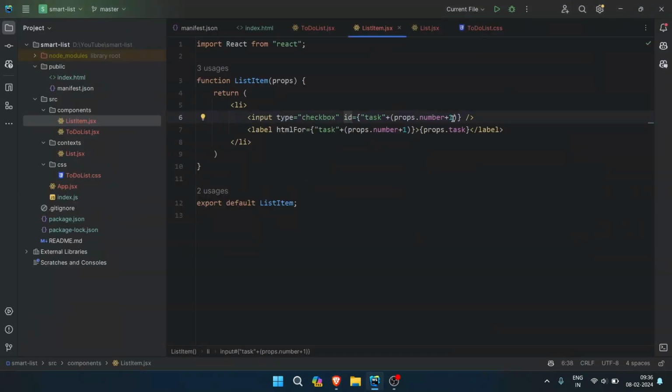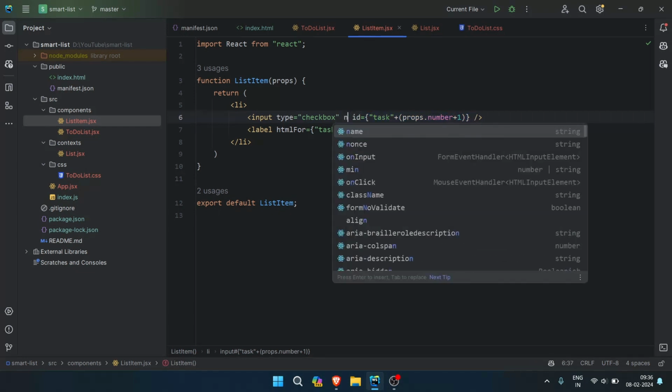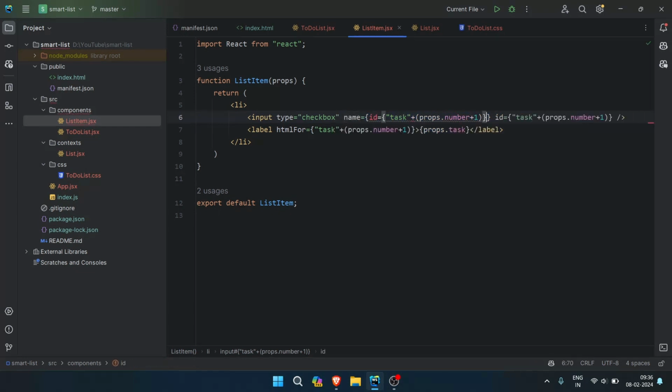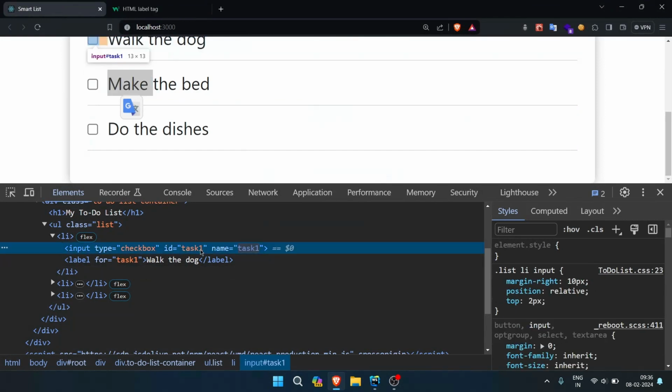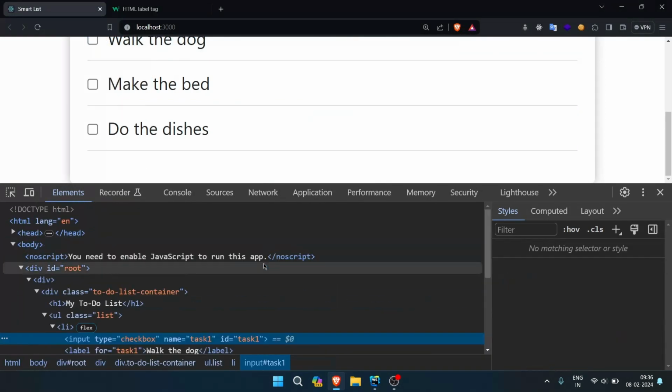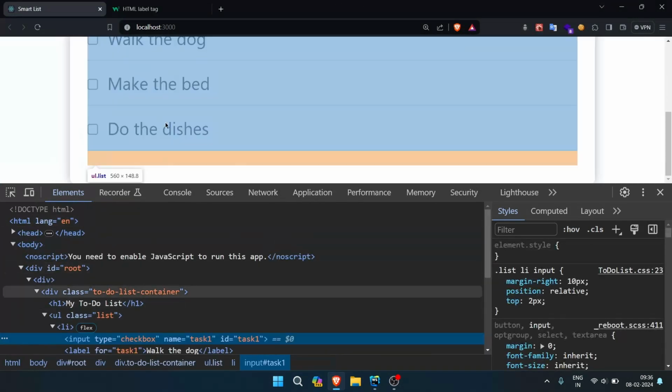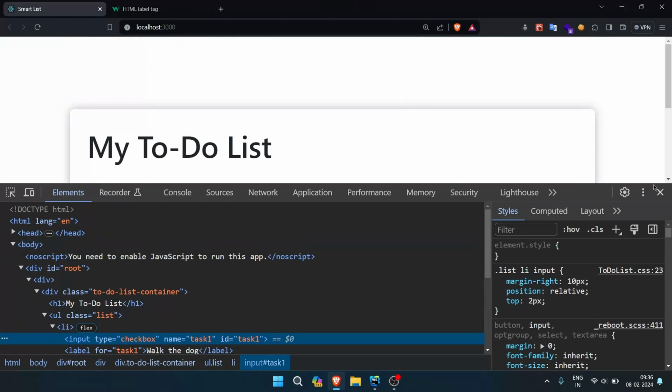Okay. So I want the name also to be the same like this. I'll be copying this and set the name like this. So if I'm not wrong, the name and ID will be same. Yep, exactly what I wanted. So next step,